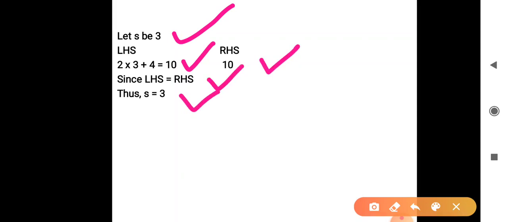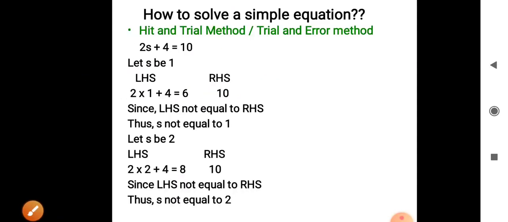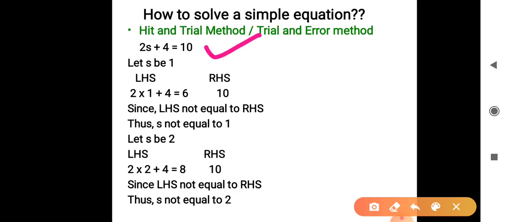Now as you can see, hit and trial method is consuming a lot of time, and if we go back, the equation that we have here was not that hard, right? It was quite an easy equation to be solved. But there can be many equations which you may find difficult to perform hit and trial method. So in that case, how are we supposed to get the value of our variable?